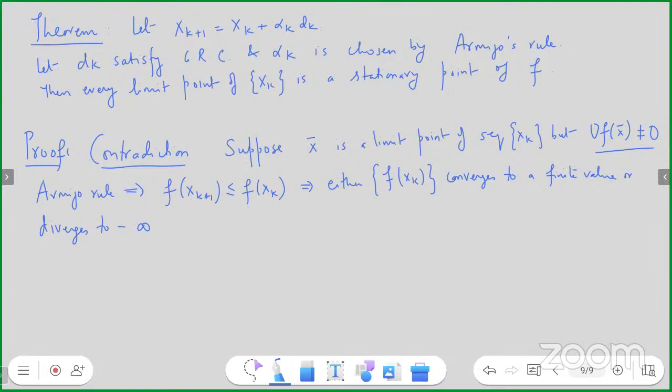Okay. So what does it mean? The Armijo rule is telling us that we always have a descent direction. Essentially, either this sequence converges to a finite value or runs off to minus infinity. That case I am not interested in. If it's unbounded, I can't really do anything. So I will only be interested in when it converges to a finite value. So therefore, moreover,